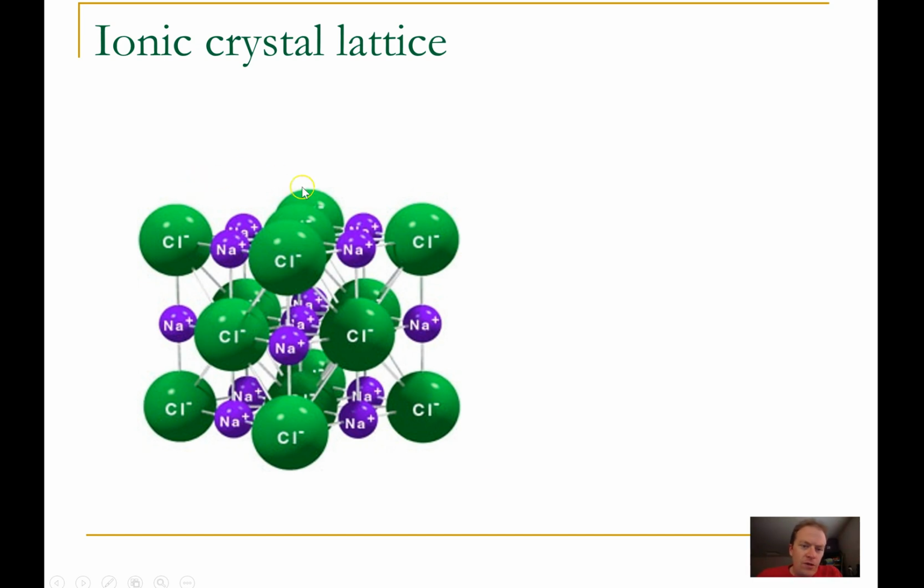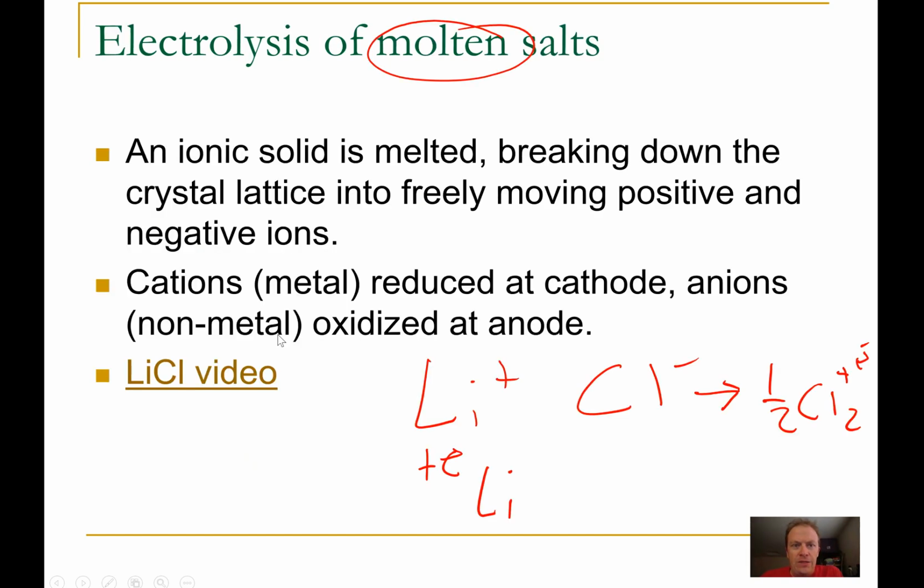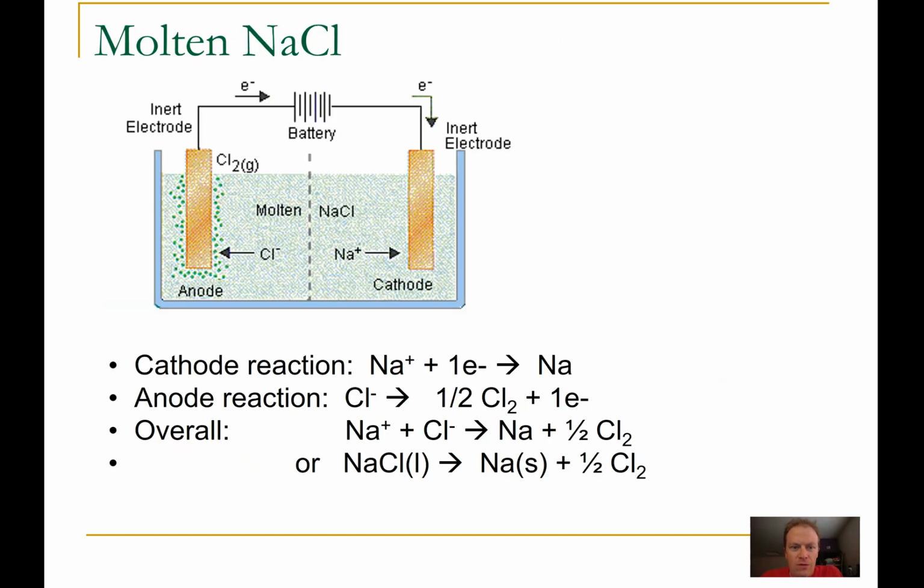So yeah, there's the ionic crystal lattice if you're having a little bit of trouble visualizing it. We do have to melt the ionic solid and break that down. That's what molten means. We're going to get it really hot. We're going to melt it. In the case of molten NaCl, very similar to the lithium chloride that we were just looking at, there's no water in here, and it's not a salt water solution. That's another thing that we're going to talk about later. But if we've just got pure NaCl in here,